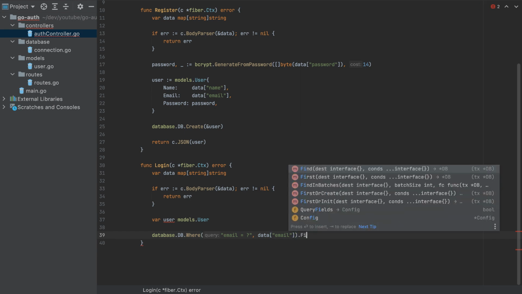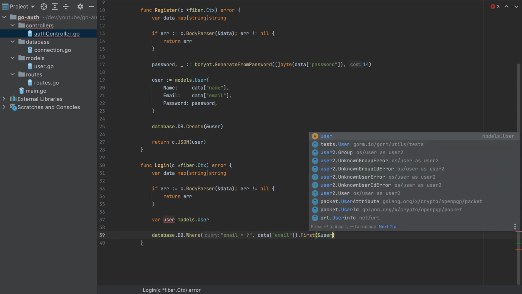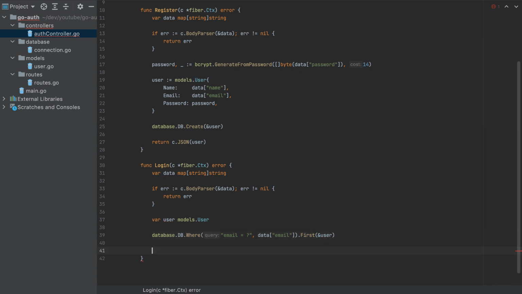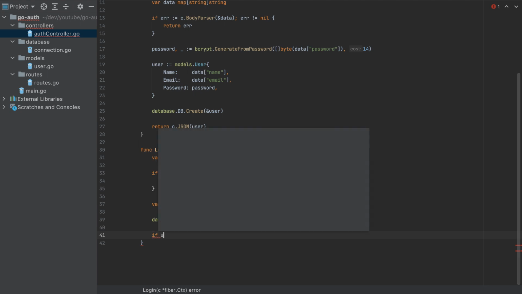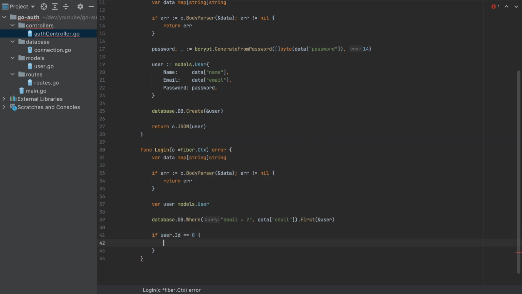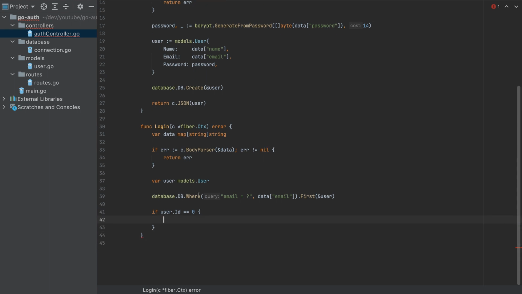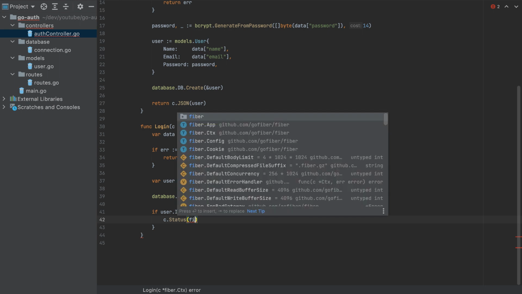And we want to get the first result, and we want to assign it to this user variable. So with this, we will get the user based on the email. If the user ID is equal to 0, this means that we haven't found the user. So we have to set the status to fiber